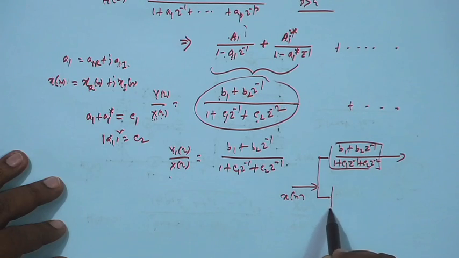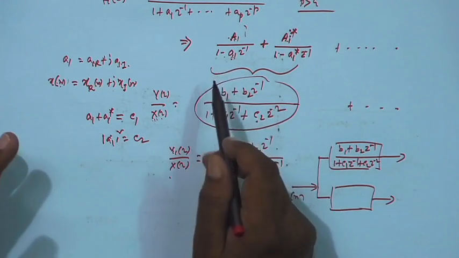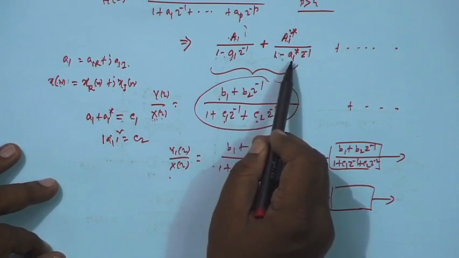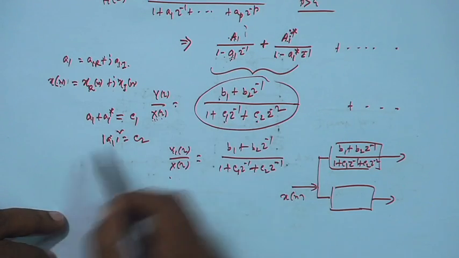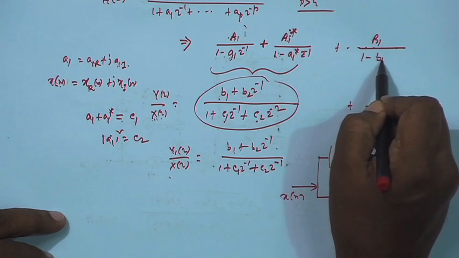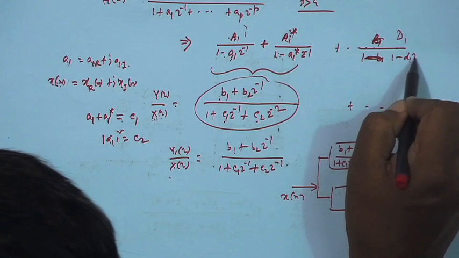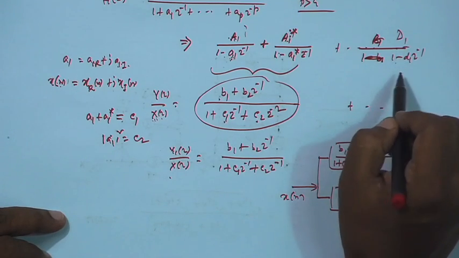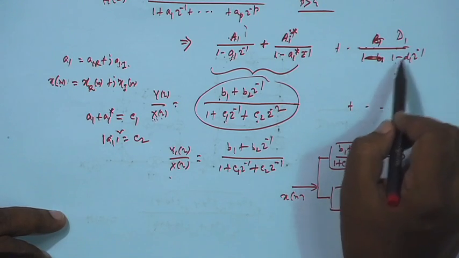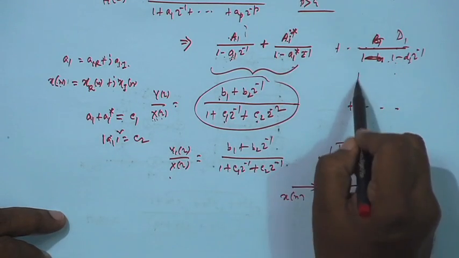Then next, if this coefficient was real, then you cannot say that there will be another root with a conjugate value, because this is real. So, in that case we will be happy with just a term like, not B1, call it say D1 by 1 minus D1 Z inverse, and D1 is real. For this kind of term you do not have to combine it with another term like D1 star by 1 minus D1 star Z inverse like here, because D1 is real. So, for this kind of terms